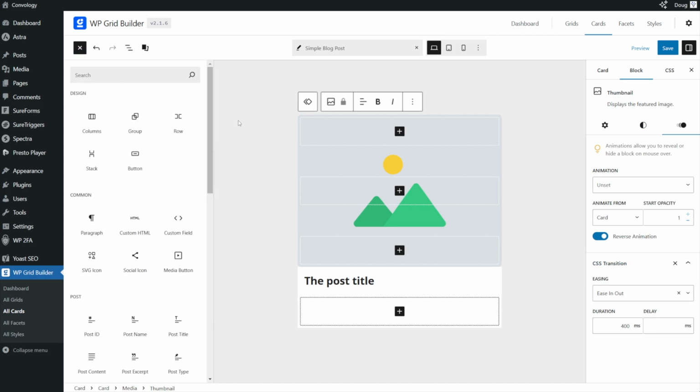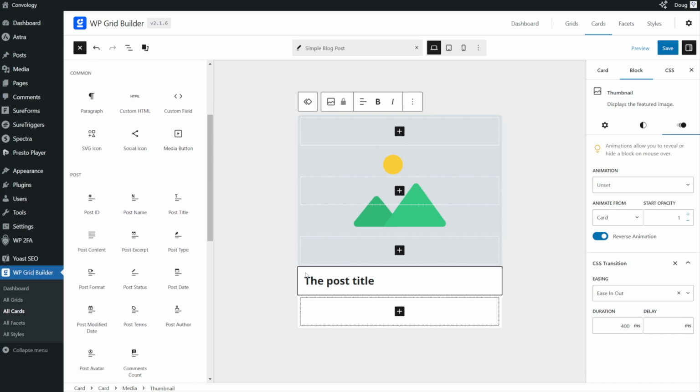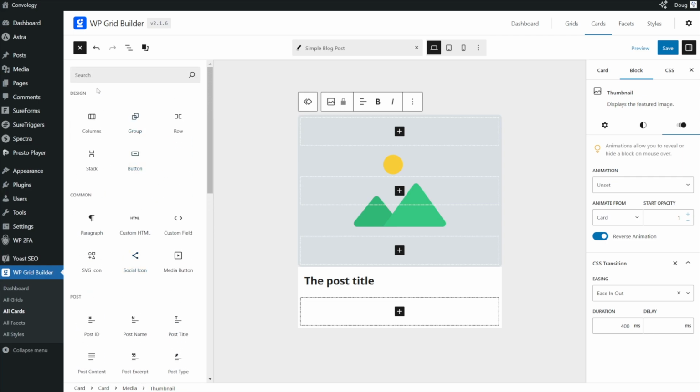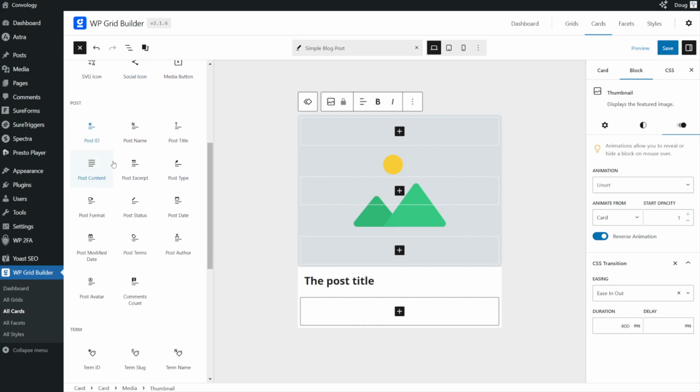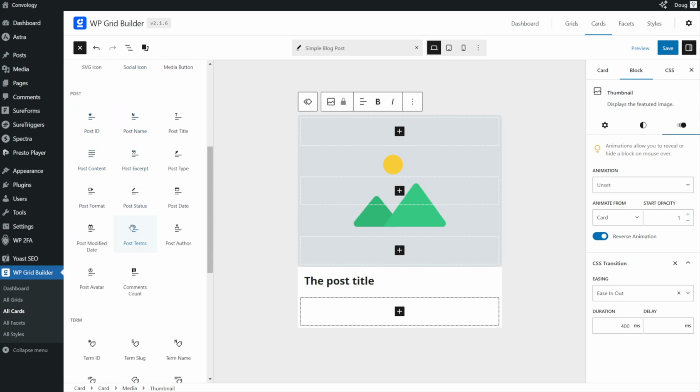Now there are more components or blocks that we can add into our card design. For example, let's say I wanted to add the category of the blog post directly above the title. I would go into my block inserter here, clicking that little plus, and I'd scroll down until I find post. And I'm going to look for post terms. Here it is here. I'll go ahead and drag that in, and you can see a blue line appears, and